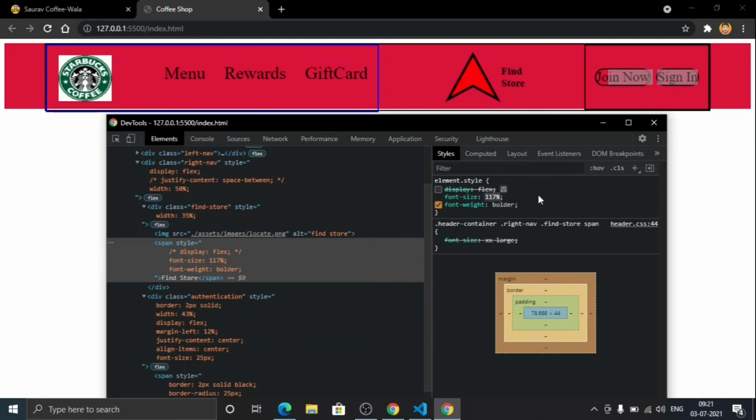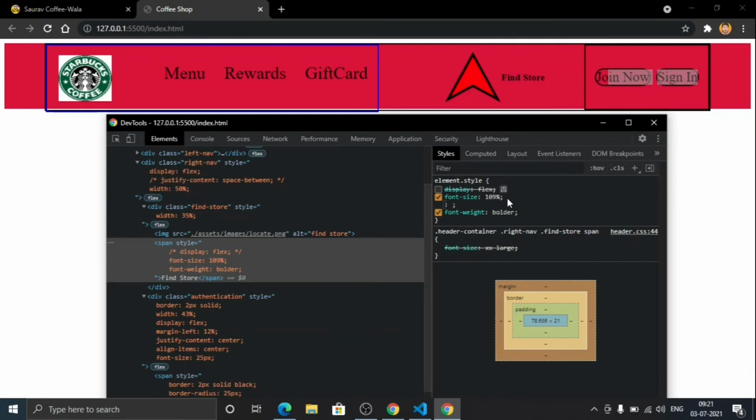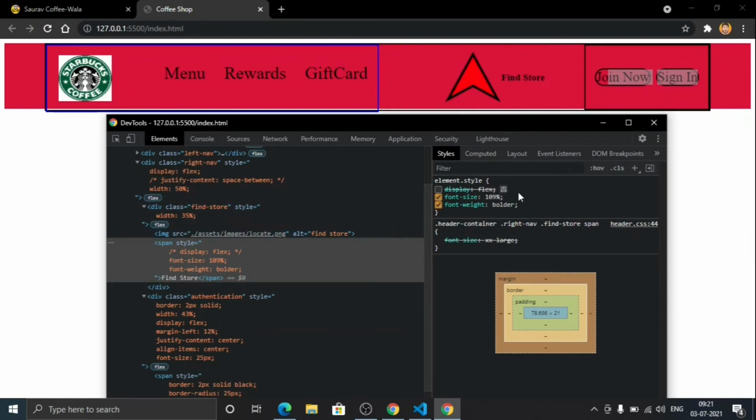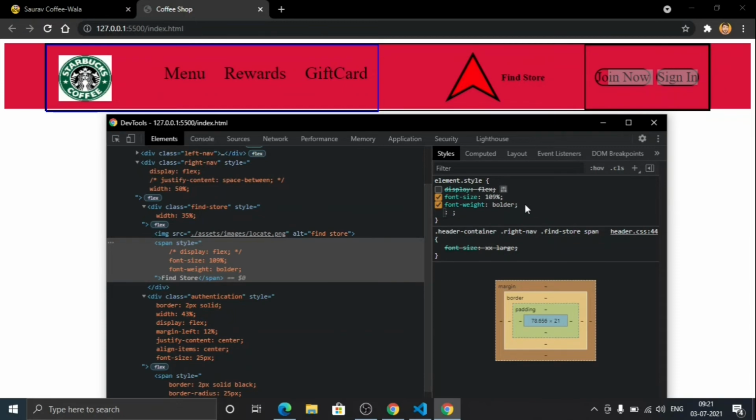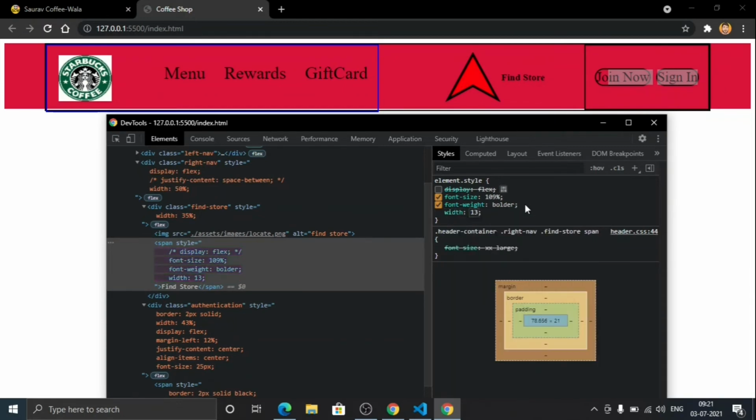So firstly reduce the size, and okay, now this is fine. So currently we are unable to fix this. Let's say we have some border. So let's give this a width. So width will be 13% of its